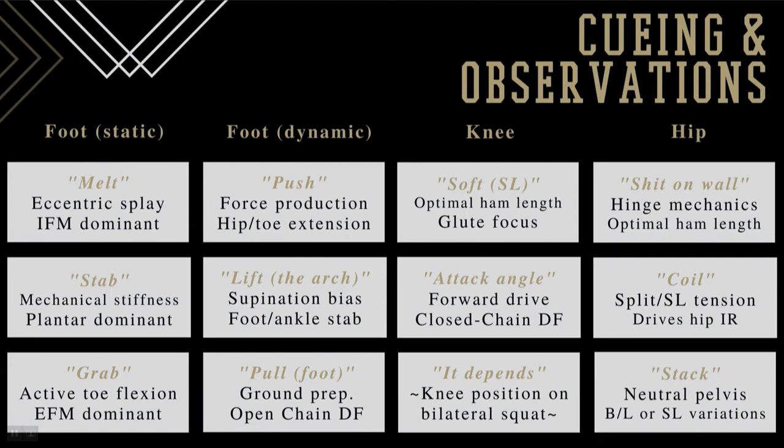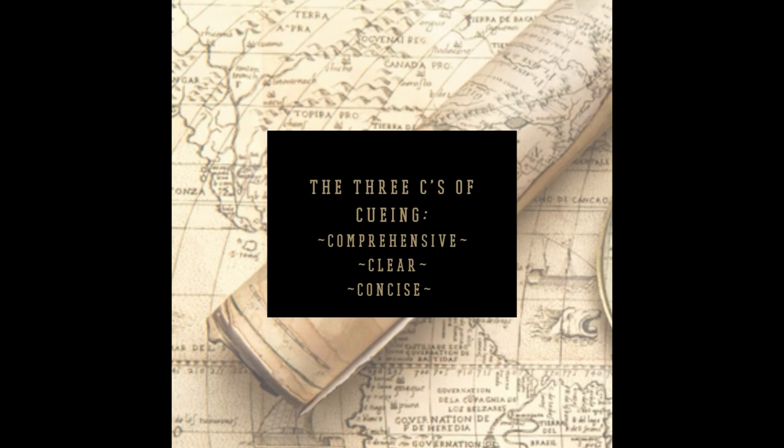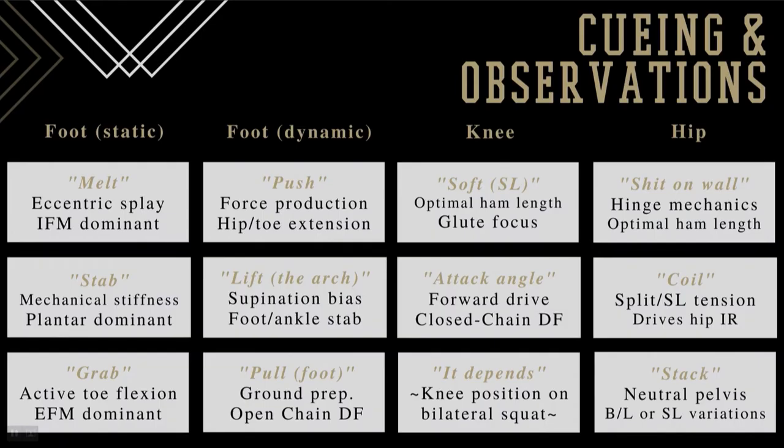In addition to those, we want to make sure that we're not getting too wordy. So we want to keep everything comprehensive, clear, and concise. So the way I'll usually do this is tier it down. I'll take the athlete aside, explain to them in full what I'm trying to get out of the movement or the sequence that we're doing, and then I'll have 2 or 3 operative words. So if we use an example here of, let's say, push with your foot,